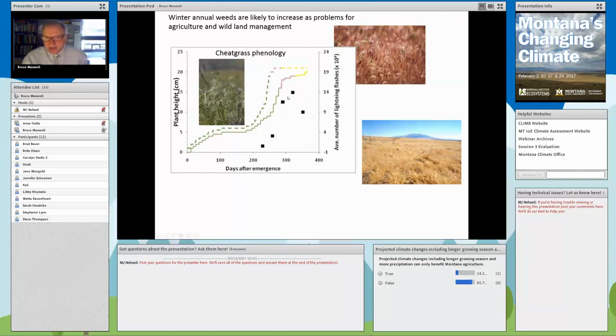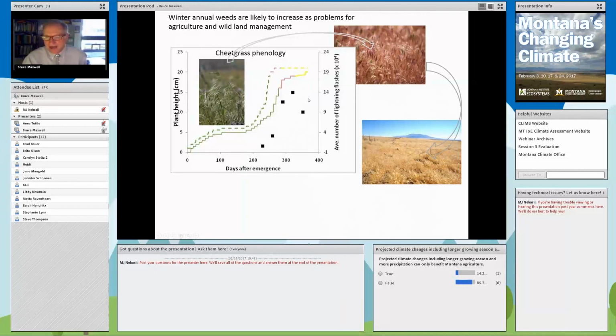Because what we see is that through this progression of this phenology to drying out, those plants become really susceptible to fire right at this point. And if they weren't fully senesced yet, they wouldn't be quite as susceptible to fire as they might be into the future. And so we get in this process of seeing a lot of fires in this senesced cheatgrass, which in fact,